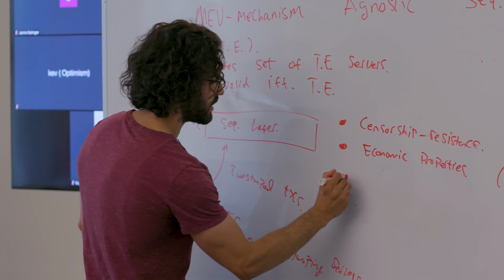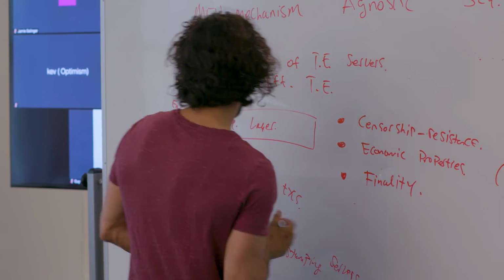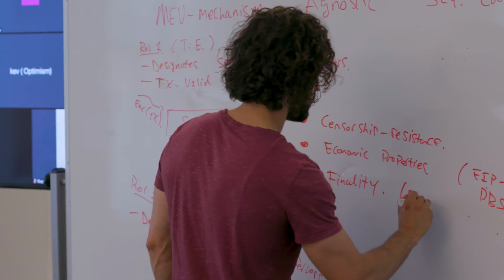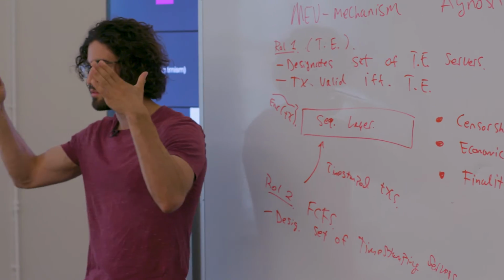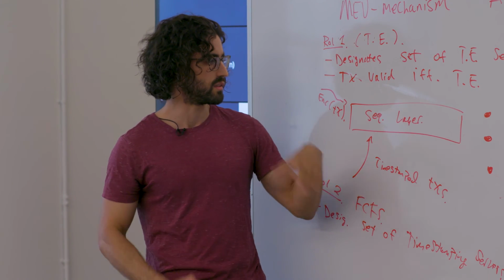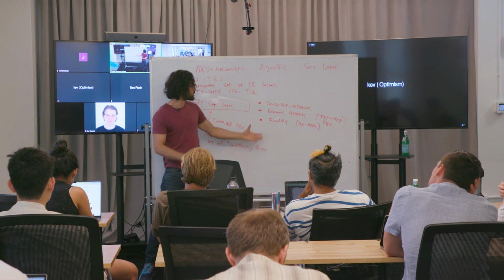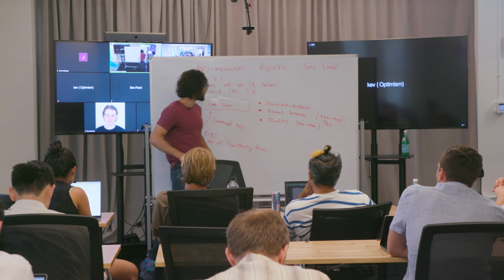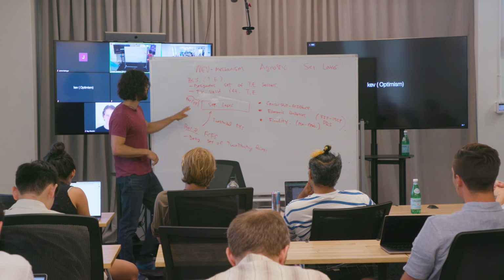And then finally, there's the finality guarantee, or non-equivocation, right? Once something has been stamped as final by this sequencing layer, then based on the fact that there's a lot of stake behind this that will get slashed if there's some equivocation later, the user knows that the transaction is final. Okay, so now let's look at which of these properties are preserved when rollups are introducing this extra set